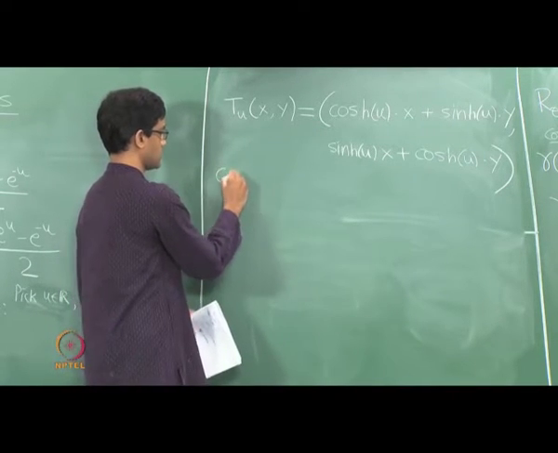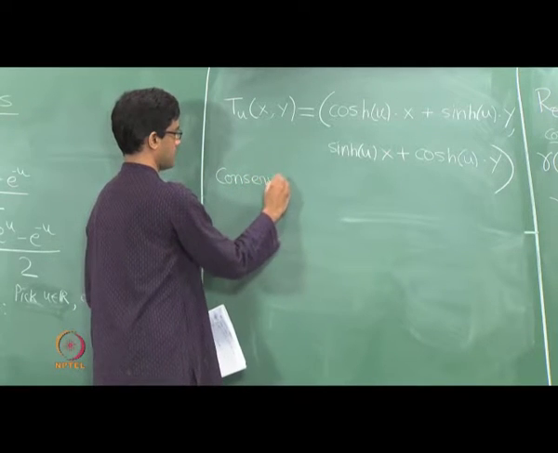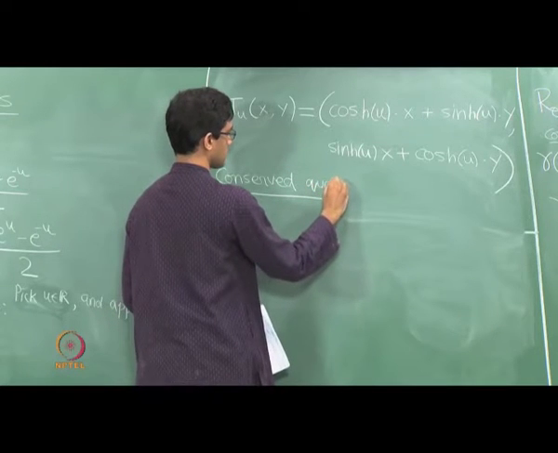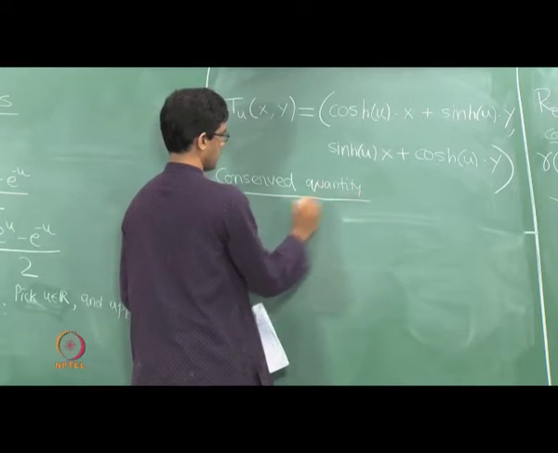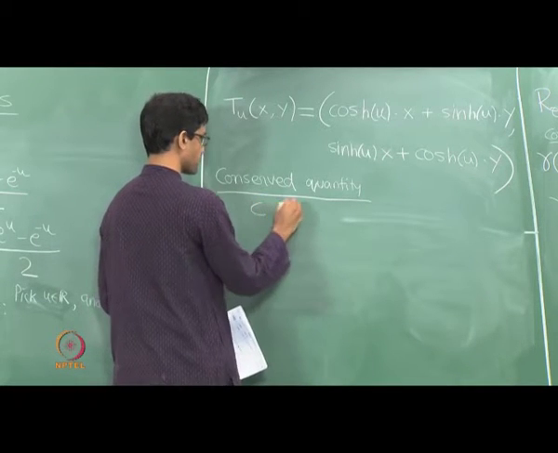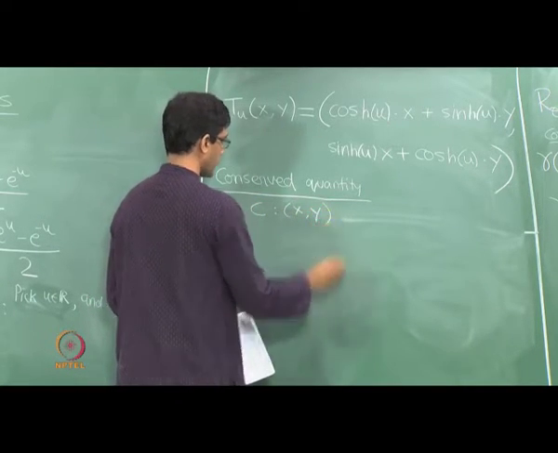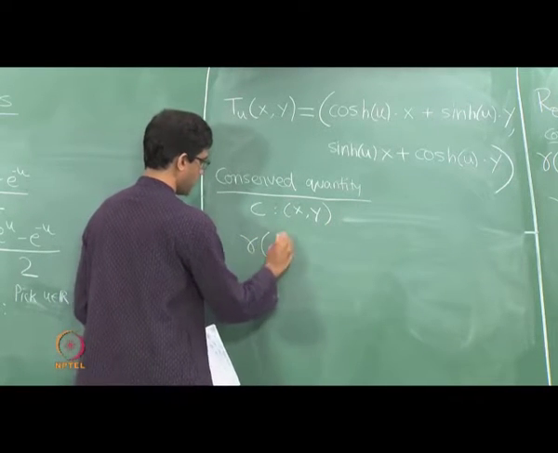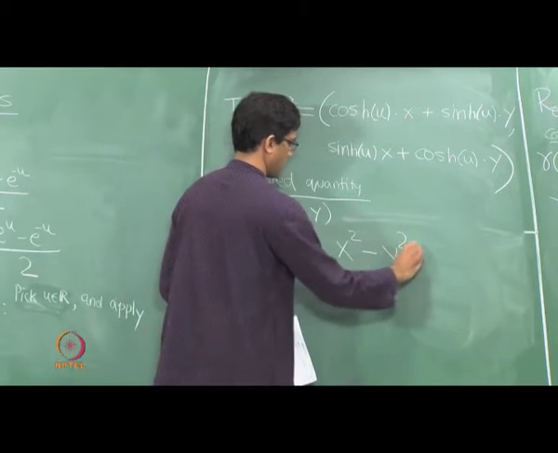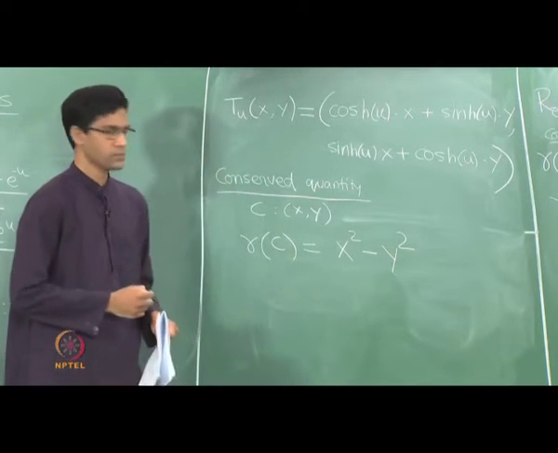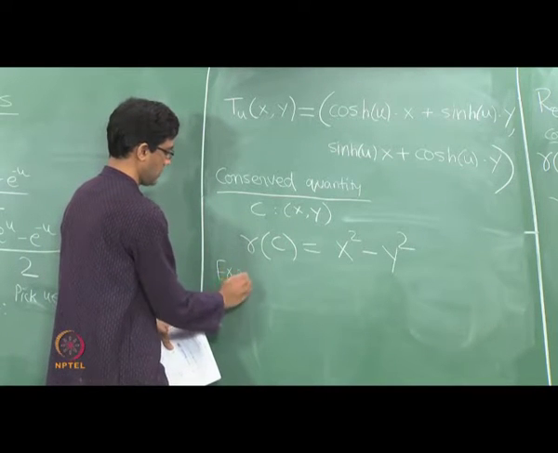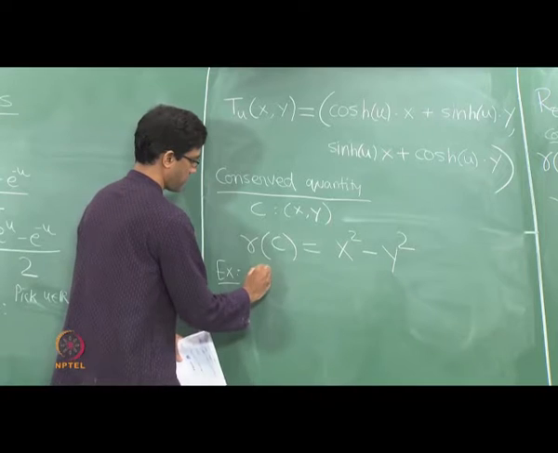Now again the question is really the following: can you find a conserved quantity for this evolution? So here's the thing that I'd like you to check. So here's the conserved quantity. So what's the configuration? As I said, it's just the point, coordinates of the point, and define gamma of c in this case to be x squared minus y squared. Okay, and prove that. So check. So this part is the exercise. Check that gamma is conserved.